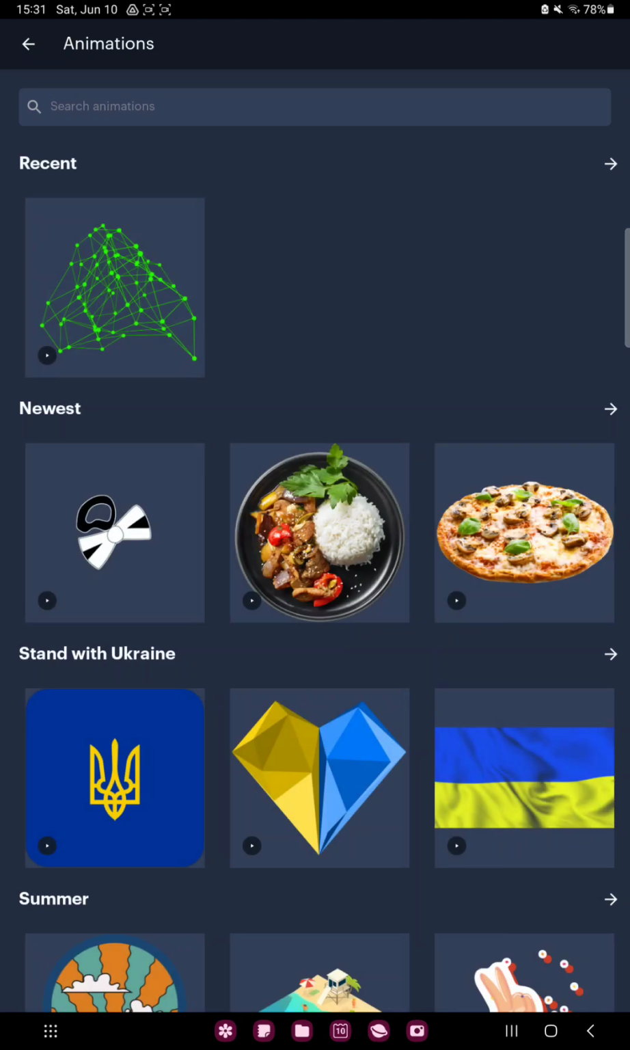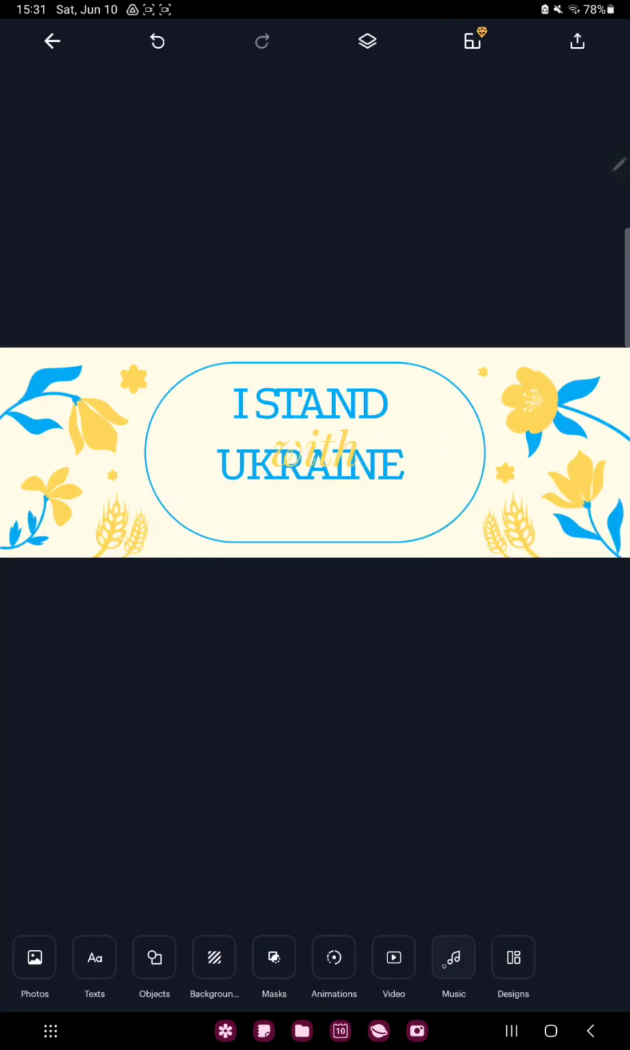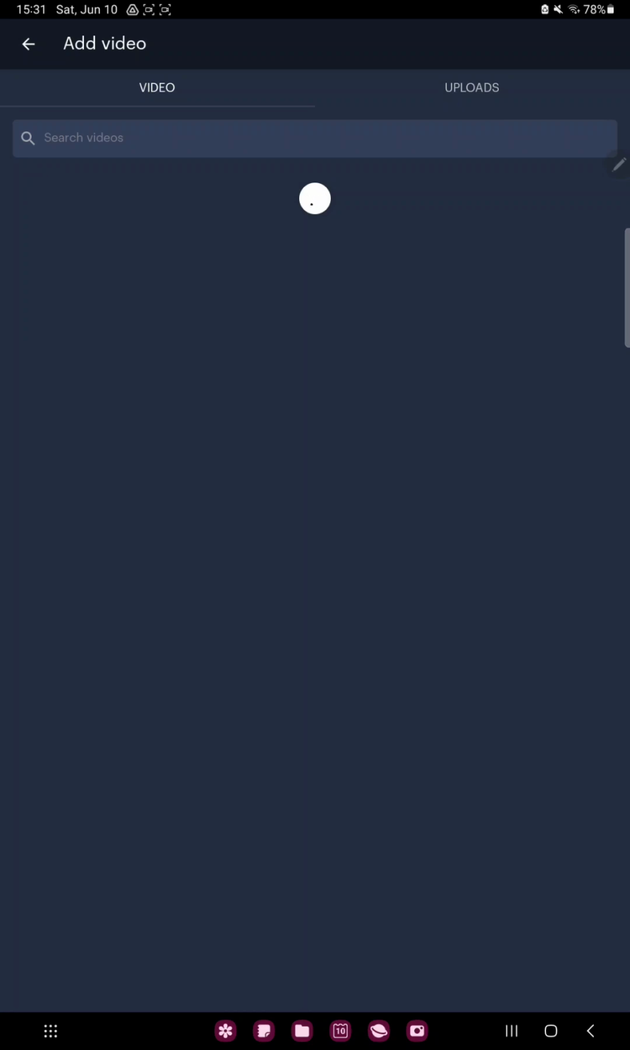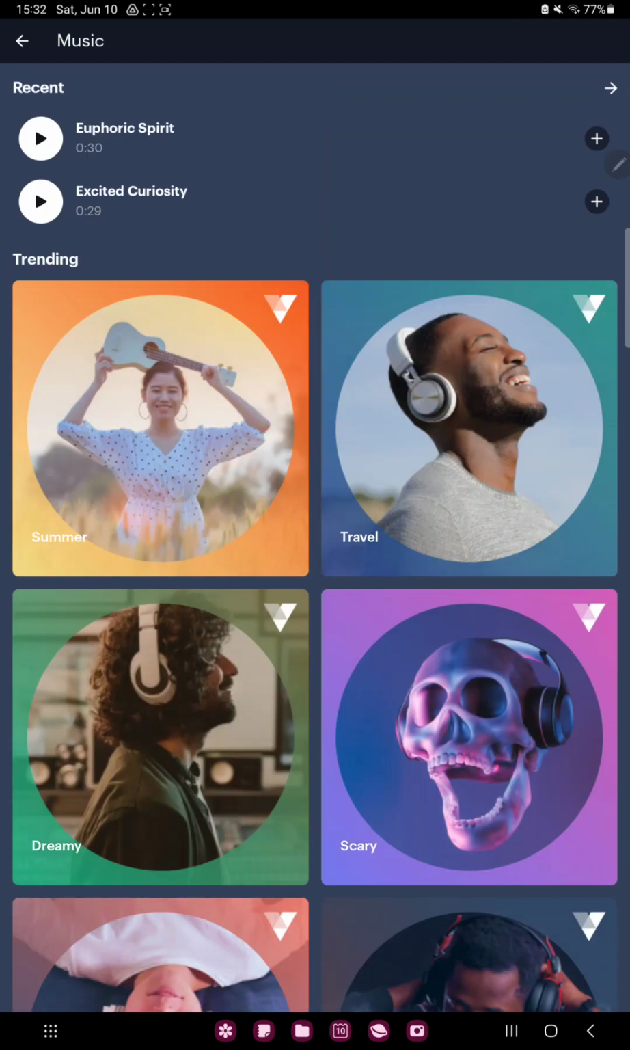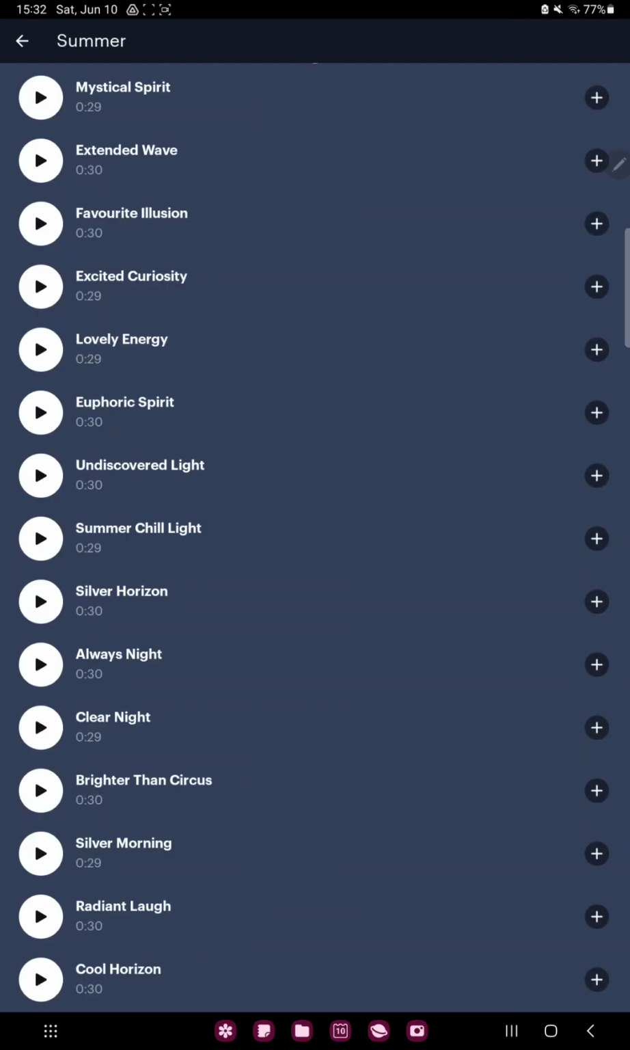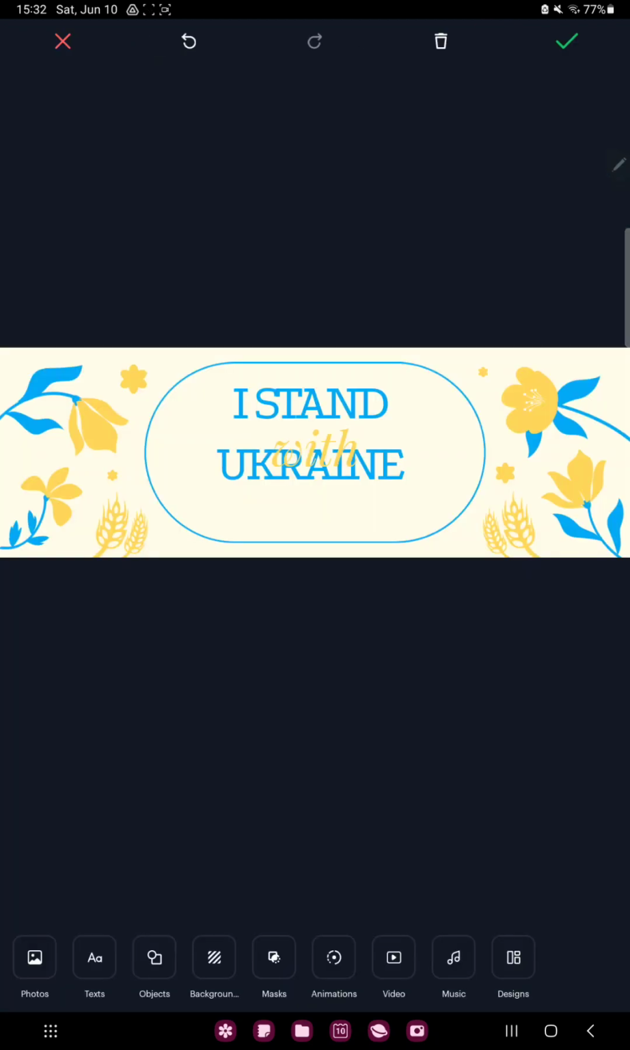In the animation section you can find different animations which you can add to your project, and in the video section you can search videos or upload from your device. In the music section you can find different music. For example, click the summer section, and if you want to add a song, just click the plus icon